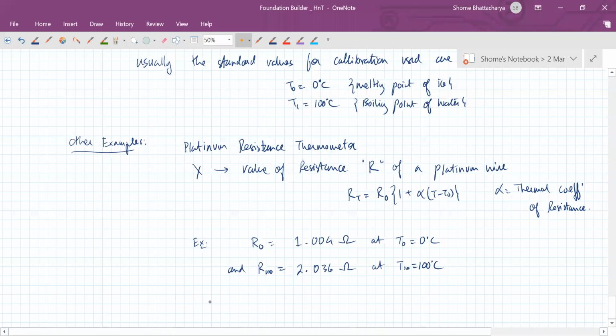Then if the resistance was measured to be R equal to